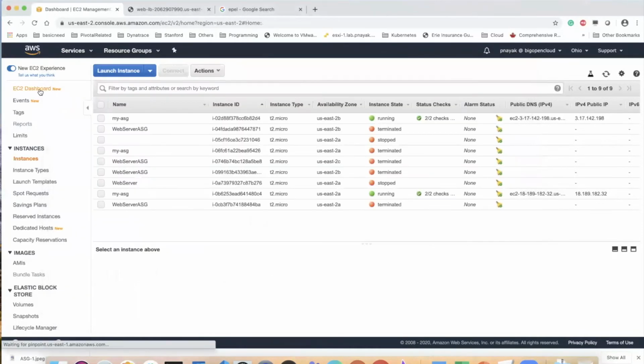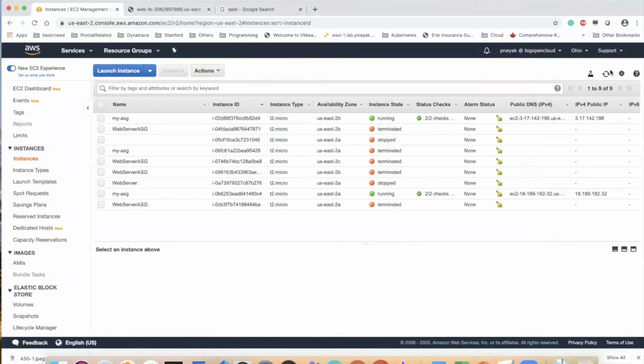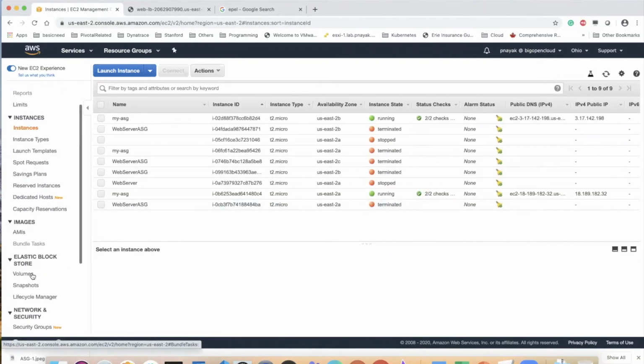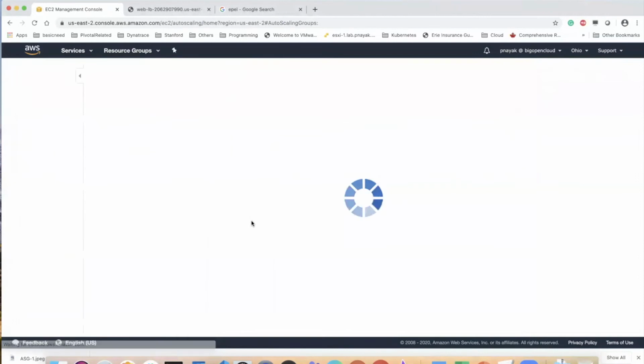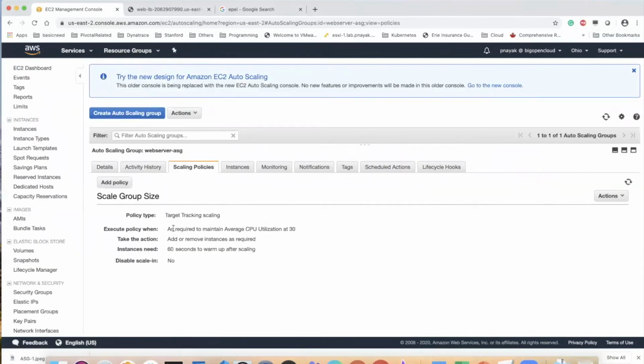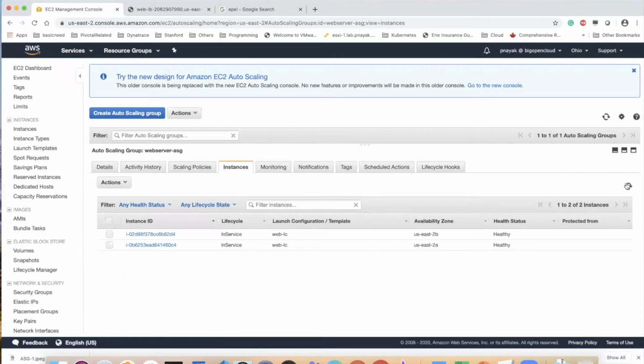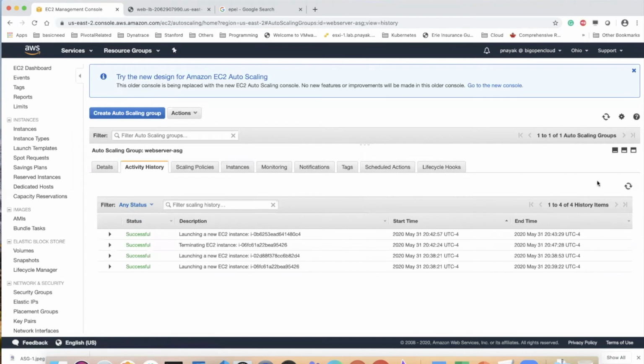Can everybody access again, please? Let's load it again. Hopefully our auto scaling group scaling policies are not wrong. As required to maintain average CPU utilization 30%, add, remove as required, 60 seconds to warm up. Disable scaling instances, still only 2. Activity,